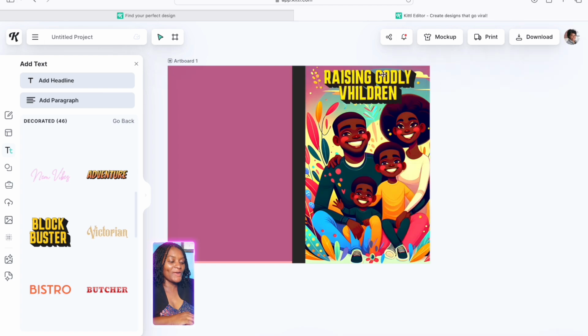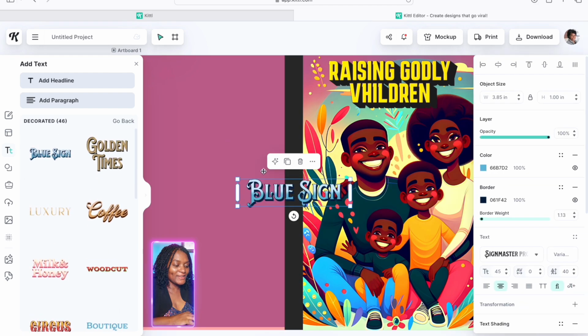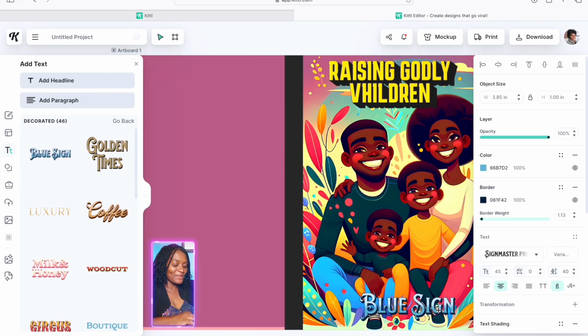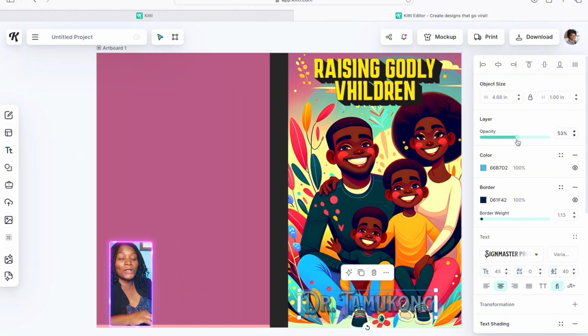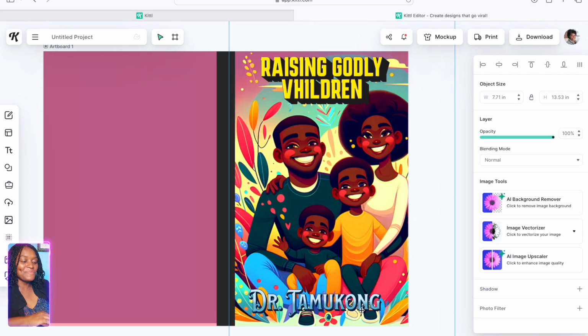So let's go with yellow. So go ahead and take any of the text for your author name and do exactly the same thing. So you just put your author name like that. Let's say my author name is Dr. Delphine Tamukong. If you want to reduce the opacity, you just go ahead and do it here. You want to increase it, you go ahead. You want to change the color. So all these things are here. And now we have our amazing cover